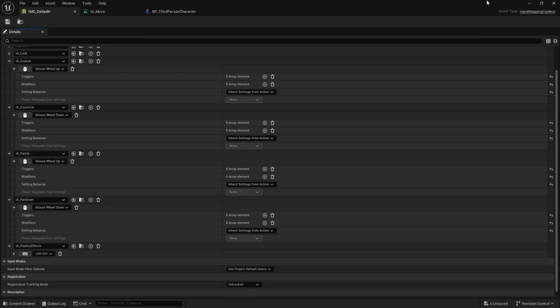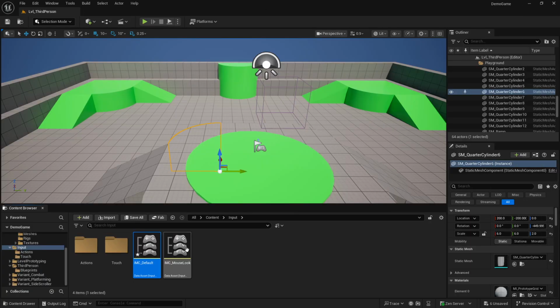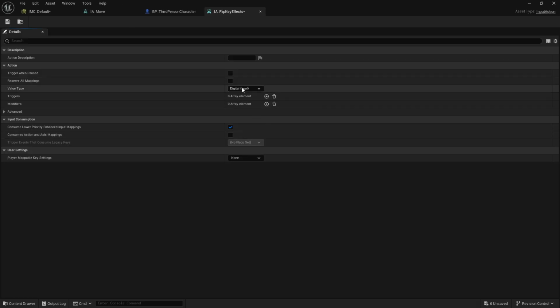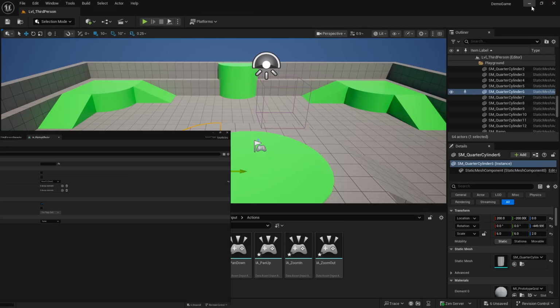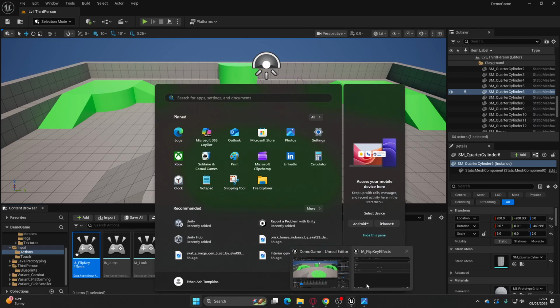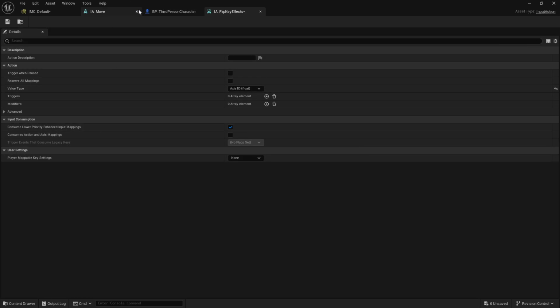But before we go any further, there is one important thing we need to grab. In our actions, we need to come here to flip key effects. This is going to be a single one-axis float. Cool. And then, I lost it. There it is. Back here,